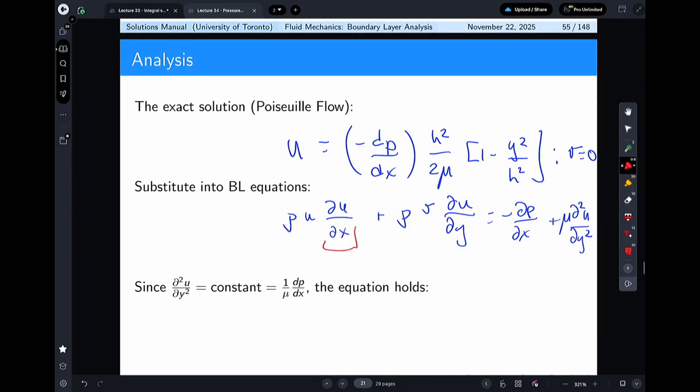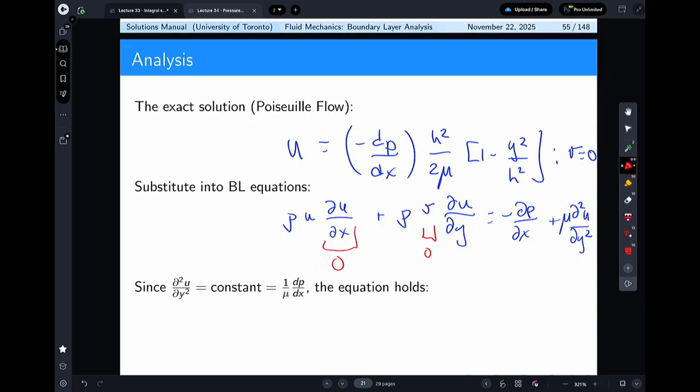So this one is 0. Duct flows don't change with downstream distance. This one is 0. They don't have any sort of change in there. And so you end up with